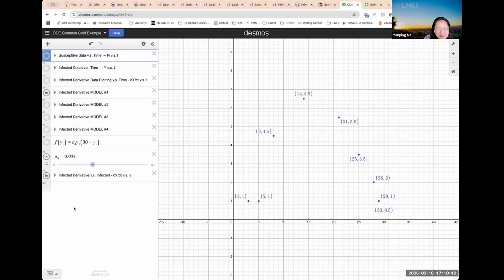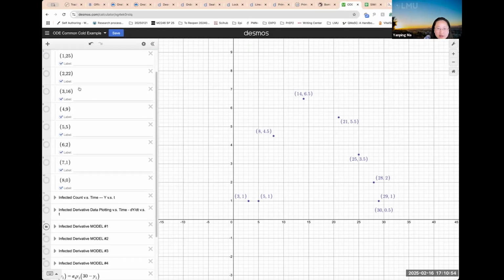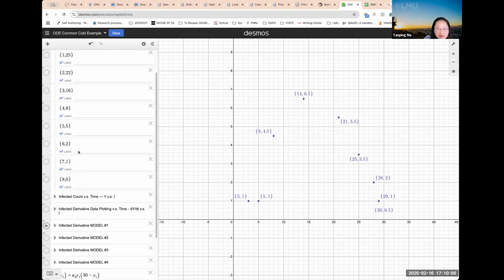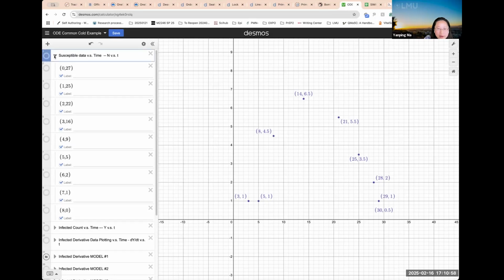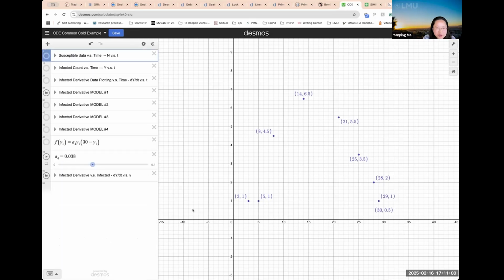We are doing Laplace transform right now. After we finish Laplace transform, we will be doing this project. So students will be plotting the data with the help of Desmos. As you can tell, I plot those points one by one. I don't know about you all. I did learn something earlier in one of those other talks.